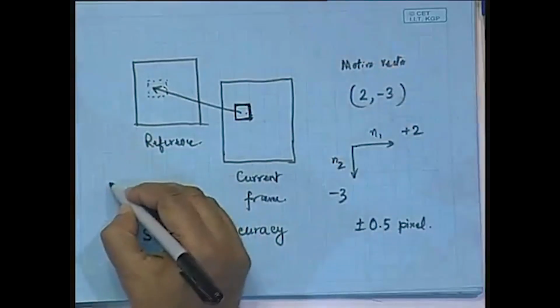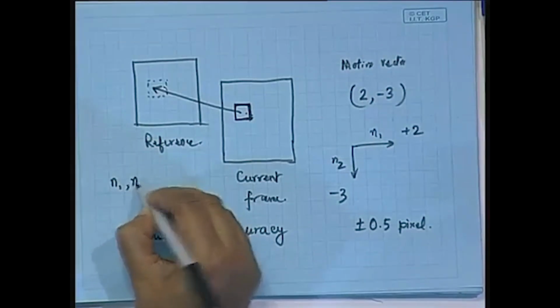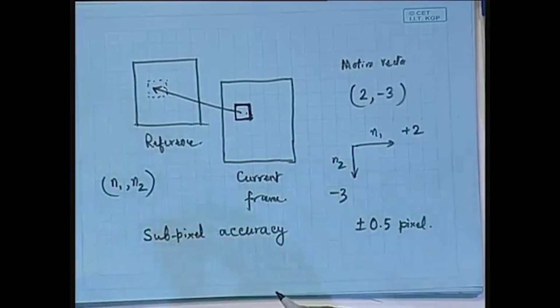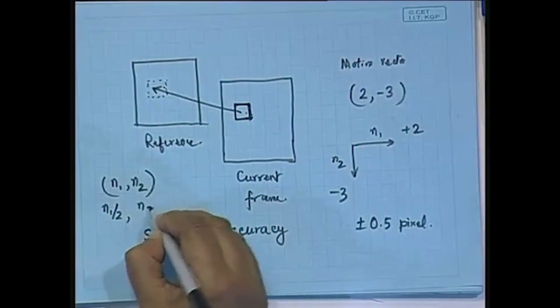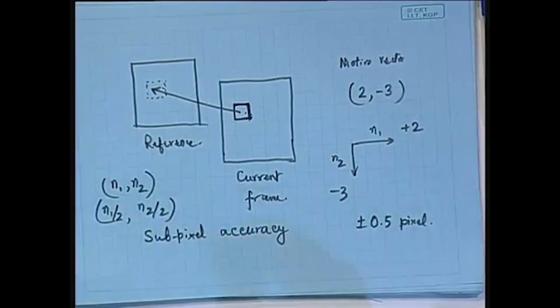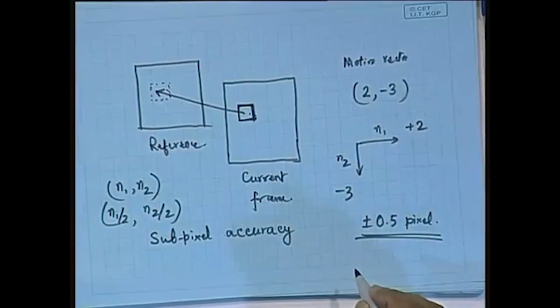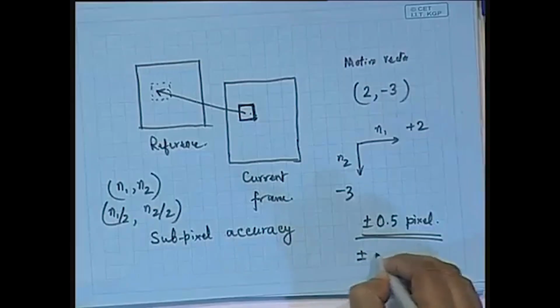So, which means to say that if the motion vector that I obtain is n1 comma n2 in the increased resolution space, then in the original resolution space my motion vector will be n1 by 2 comma n2 by 2. So, if n1 happens to be 1, then n1 by 2 happens to be 0.5. So, I can have sub-pixel accuracy. This is in this case a half pixel accuracy, and now this can be extended to make it quarter pixel accuracy,